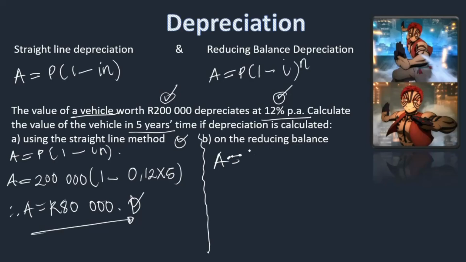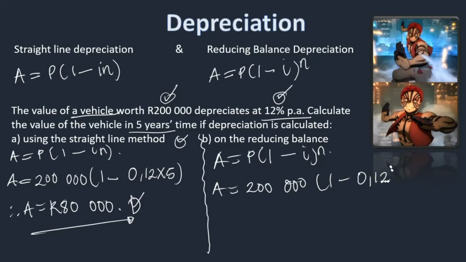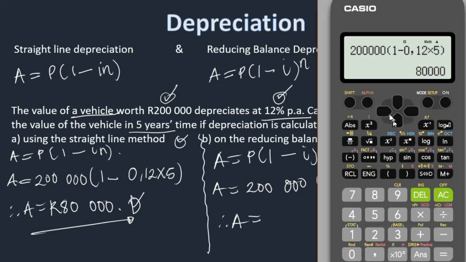The reducing balance, remember, looks like the compound interest, except that now we are losing, right? So my principal amount is 200,000. I have 1 minus the interest, which was 12%. This is 0.12, raised to 5. Now my A here will be equal to, pull out a calculator there. This must be raised to 5 years. And then I'll erase this because I no longer have this inside. And this will be equivalent to